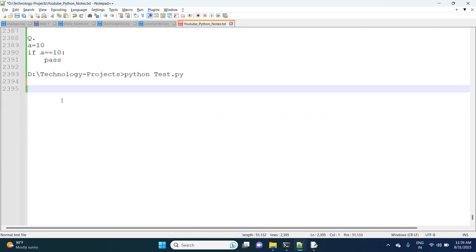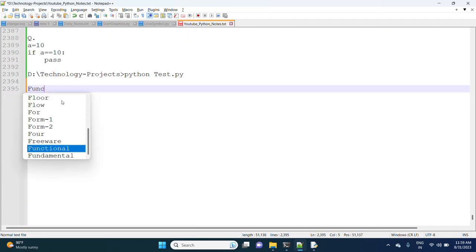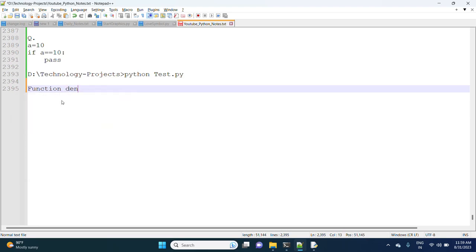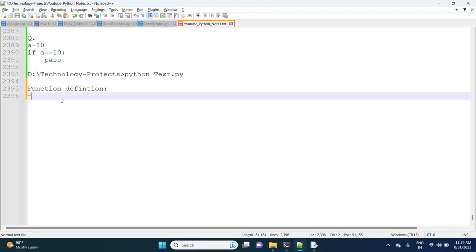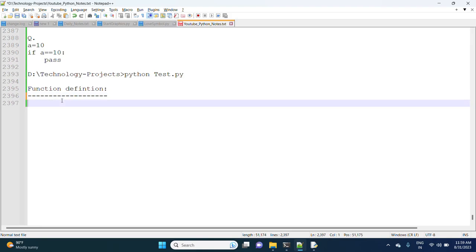Now with respect to function definitions.